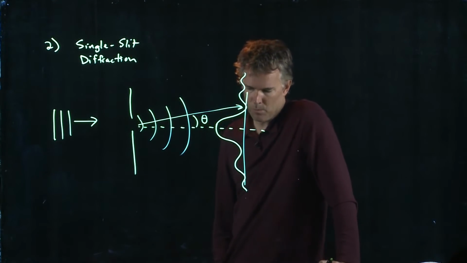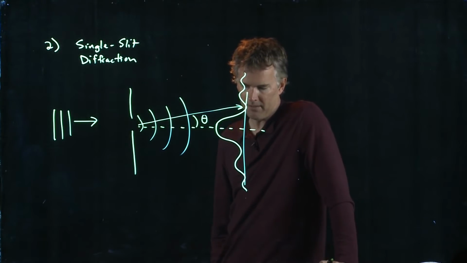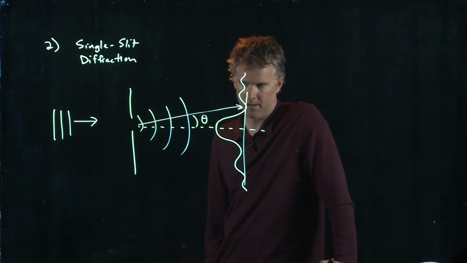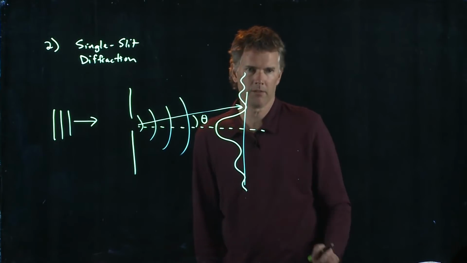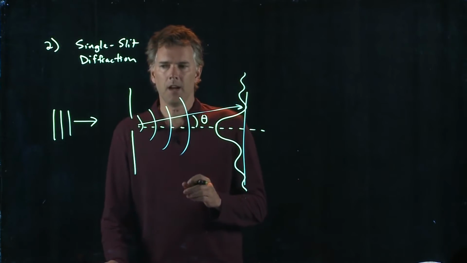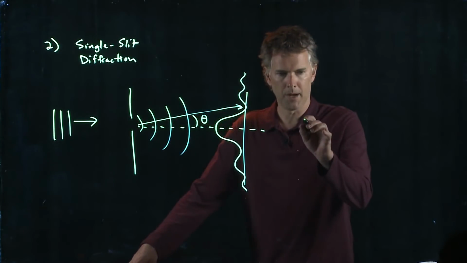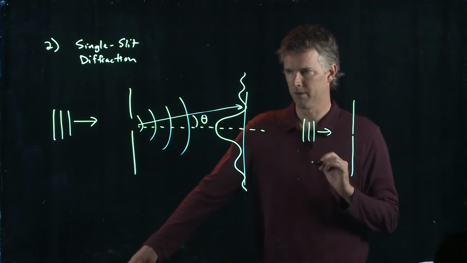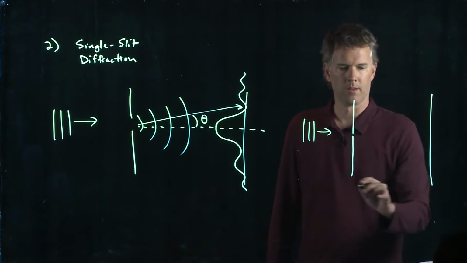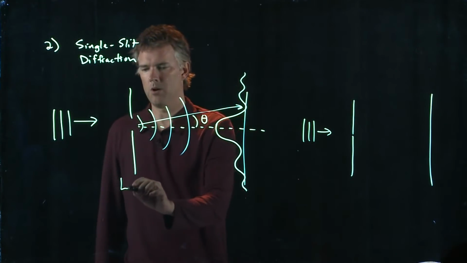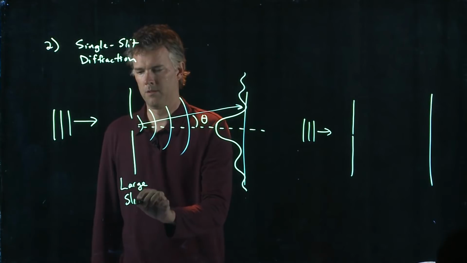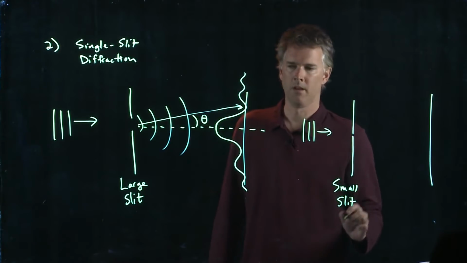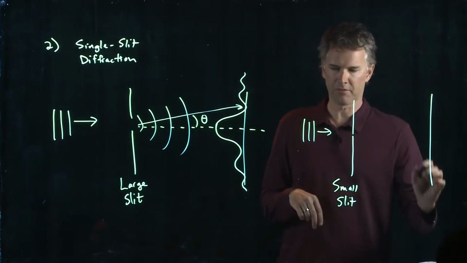Now, we might be able to make some sense of this without even looking at those equations. Okay? And the way I think we should try to make sense of this is the following. Let's say I do this experiment again, okay, but I use a very, very small hole in the screen. Okay. The single slit is now small compared to this one. When I draw this diffraction pattern on the screen over here,